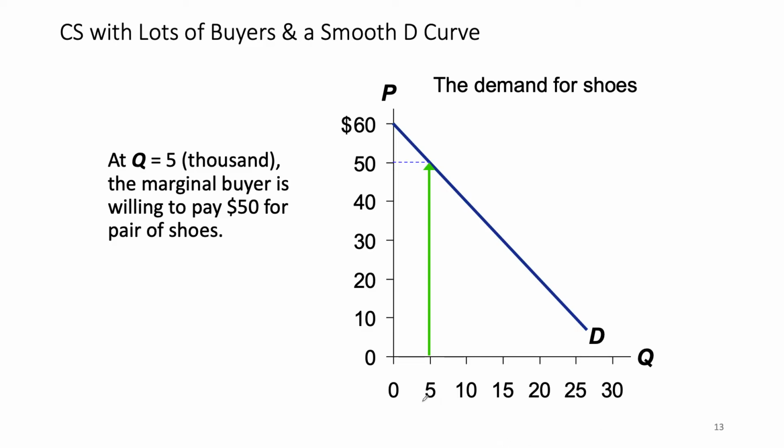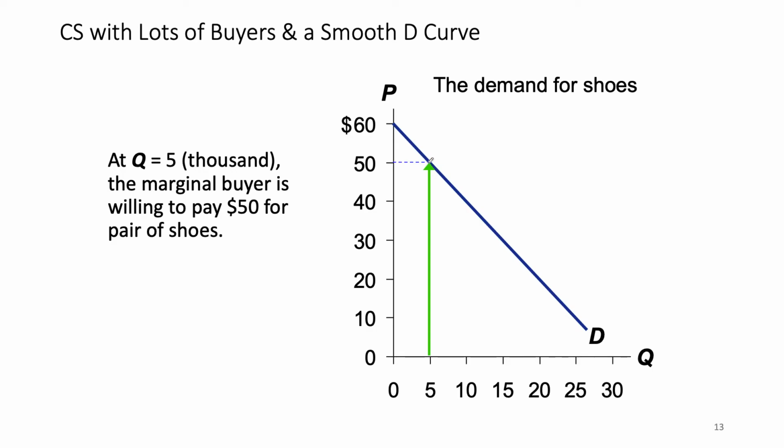Now, Q here is measured, so it's the demand for shoes. P here is measuring the price per pair of shoes, and Q here is the quantity demanded of shoes in the thousands. So when the quantity demanded is 5,000 units,